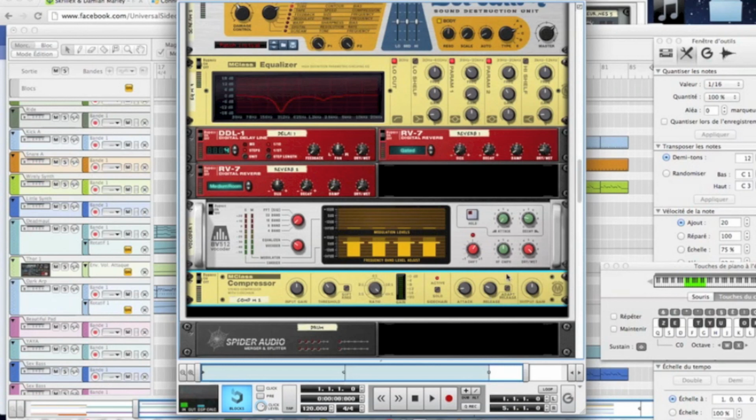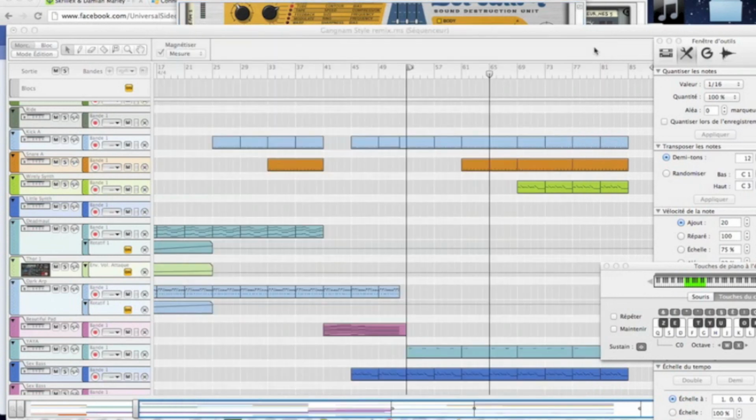Here you do not really hear that sidechain compression, but for the mix it's much better because you can hear the kick and it doesn't fight in the mix. So I think it's a good